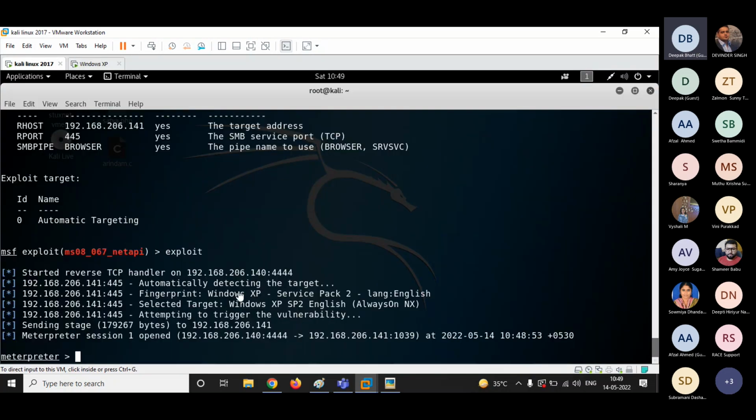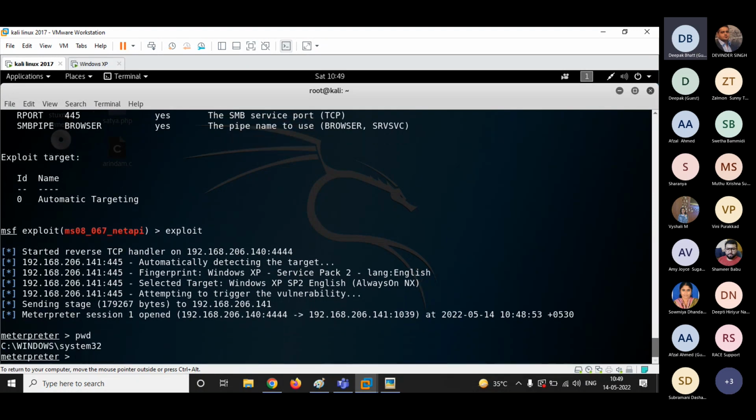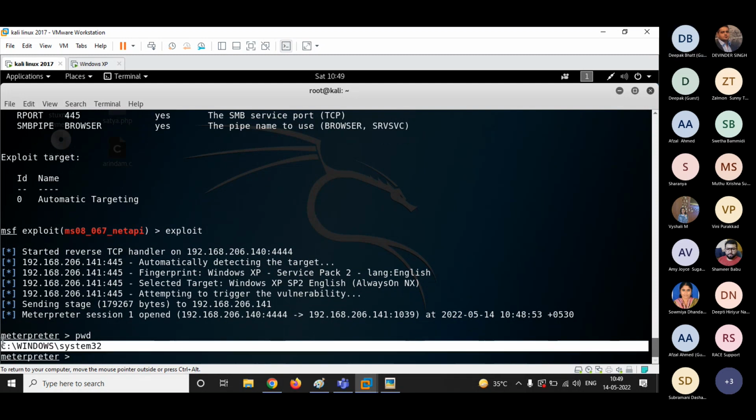So over here, see, in Kali Linux, you got Meterpreter. So first of all, we confirm whether we are inside Kali Linux or the Windows XP machine. So what I'll be doing is typing the command pwd. pwd stands for present working directory. I'll press enter and what am I getting, guys? I'm getting the terminal as C:/Windows/system32. And this is the terminal for a Windows machine, right?